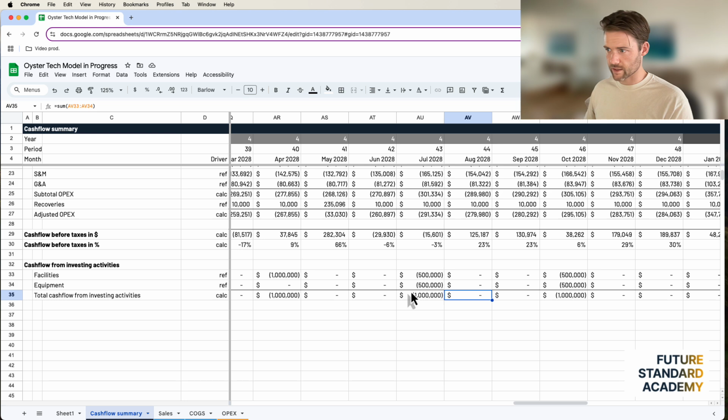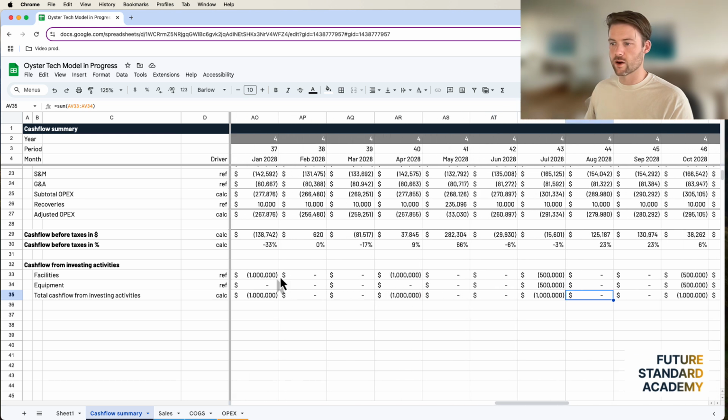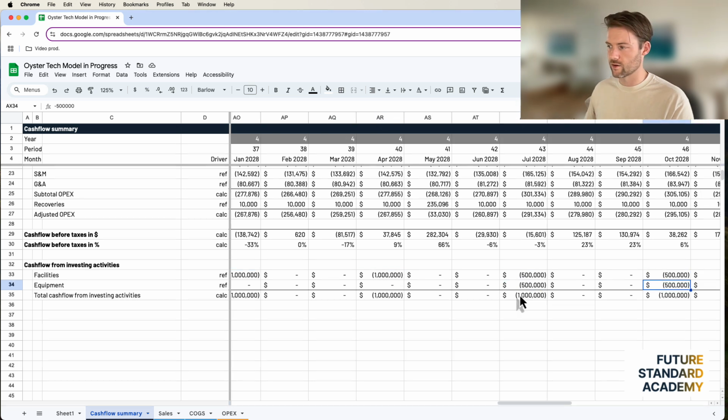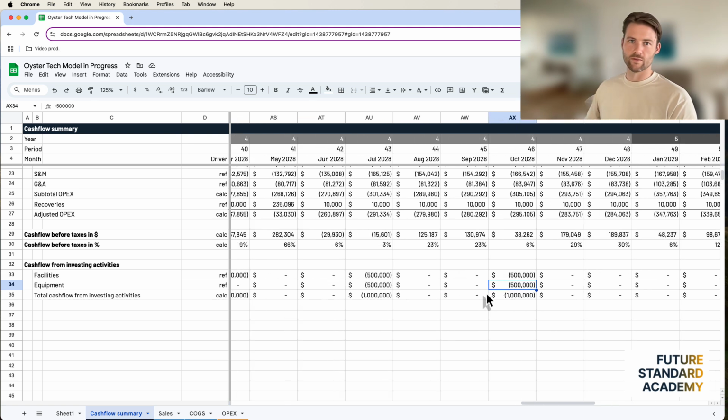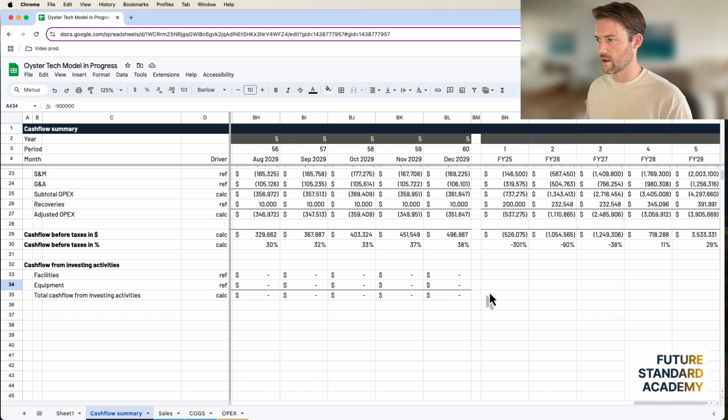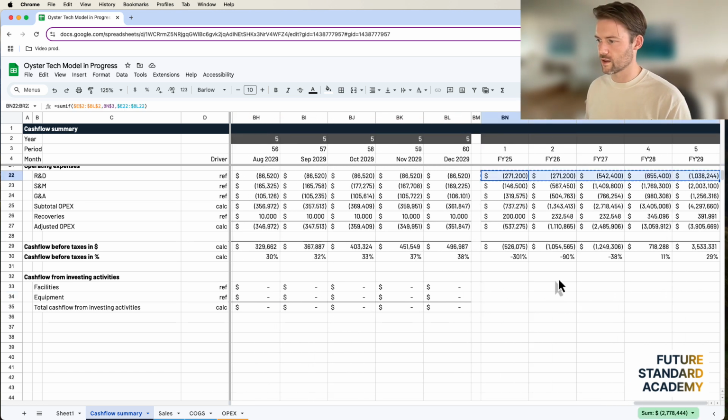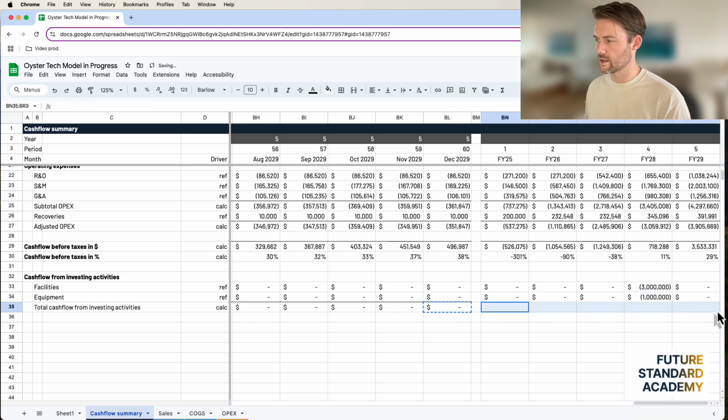$4 million, and that's because Oyster Tech created a facility of their own in this year. So this is them making payments to the contractors who are now creating the facility for them. And then, of course, they're going to bring the equipment in later on down the road. So you'd have a whole capital plan and big business case to be made to actually do this facility. And you'd have invoices or at least estimates from the project managers and such that you would use to then put this number in. I just know they need a facility. So I put those numbers in as something that's showing growth plans later on down the road.